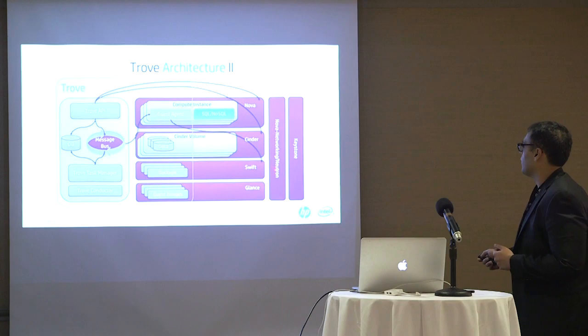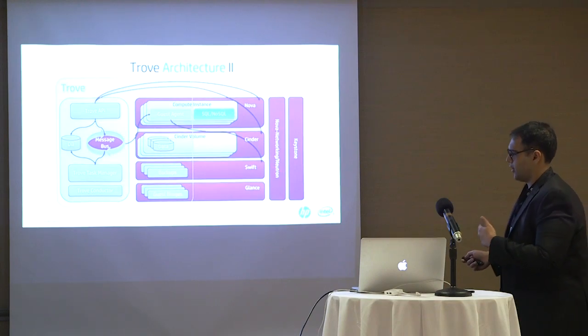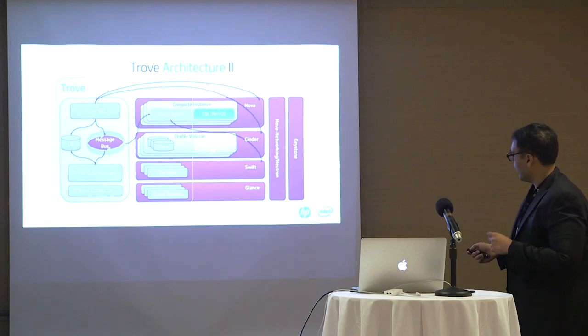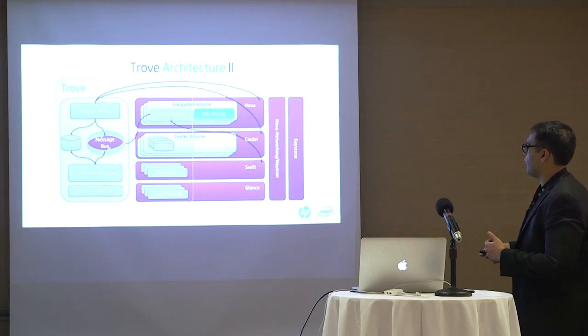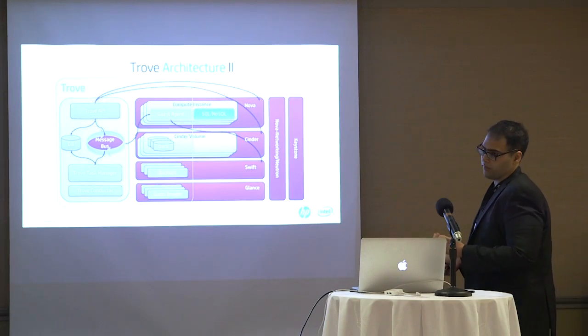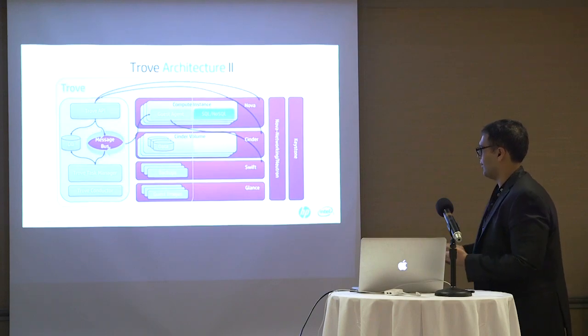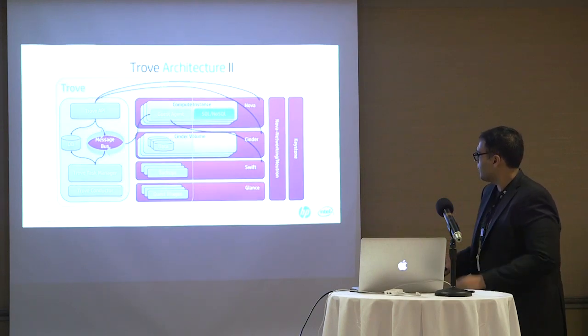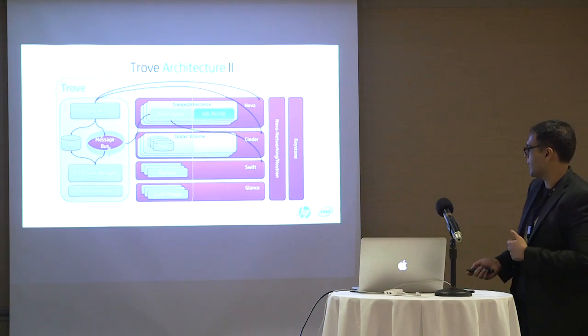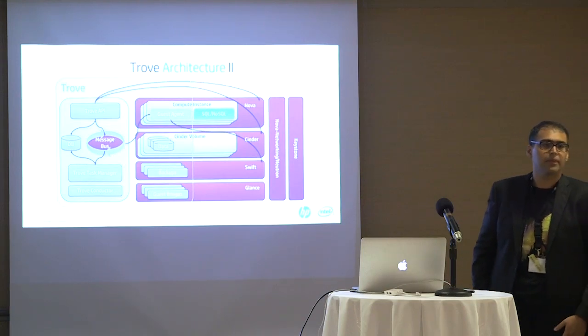You'll see that Keystone and Nova Networking or Neutron are on the side here because we do make use of them, but they're pretty much pervasive throughout the infrastructure, identity management and networking being those two things that sort of live everywhere. So I know there's a lot going on in this slide, so if you have questions or anything specific. Yeah.